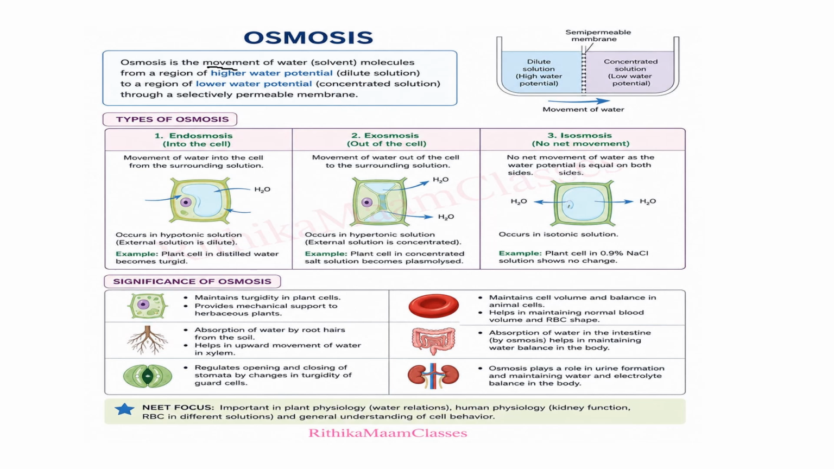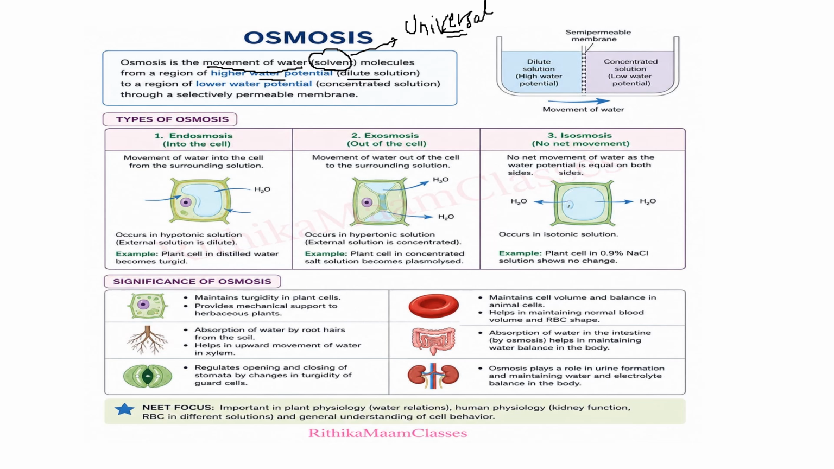Osmosis is the movement of water, that is solvent. We know that water is a universal solvent. What do you mean by universal solvent? A solvent or a liquid that is able to dissolve as many solutes as possible, isn't it? So osmosis is the movement of water molecules from the region of higher water potential, that is a dilute